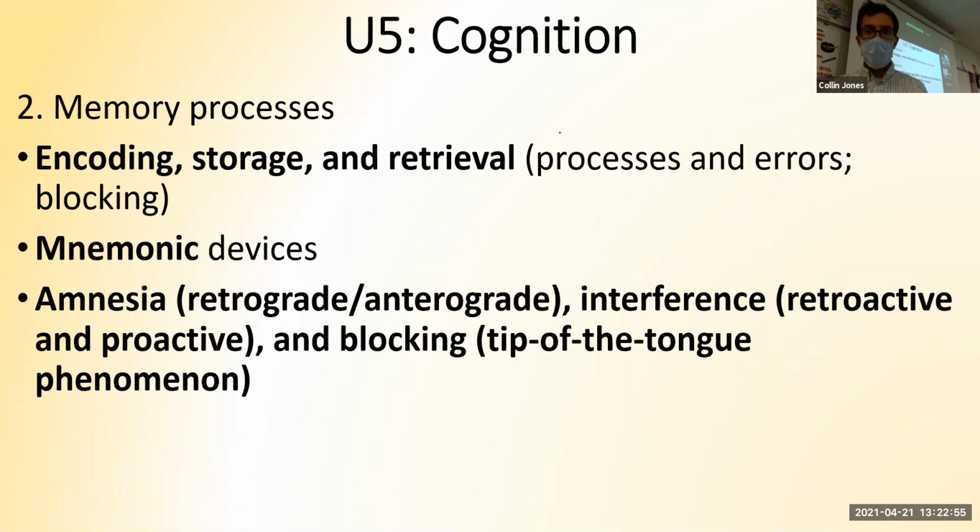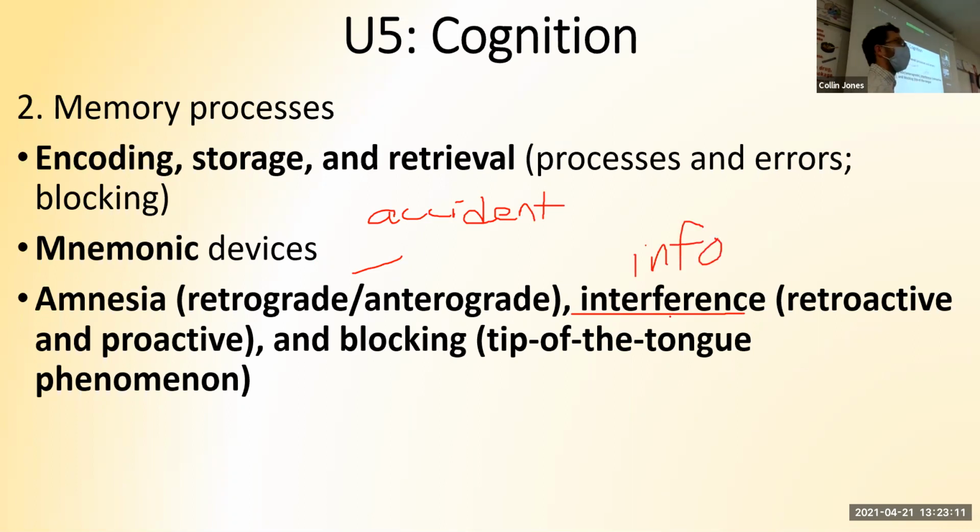We also have what's called interference. Interference does not involve an accident. Interference is just a normal part of life where we have two pieces of information and we get them mixed up. The examples they love to give are old Spanish and new French. So you're learning foreign languages. Which ones do you forget? Sometimes they ask about old boyfriend, new boyfriend. And sometimes they ask about old phone number, new phone number. But if you forgot the old one, same as with amnesia, which one means you forgot the old?